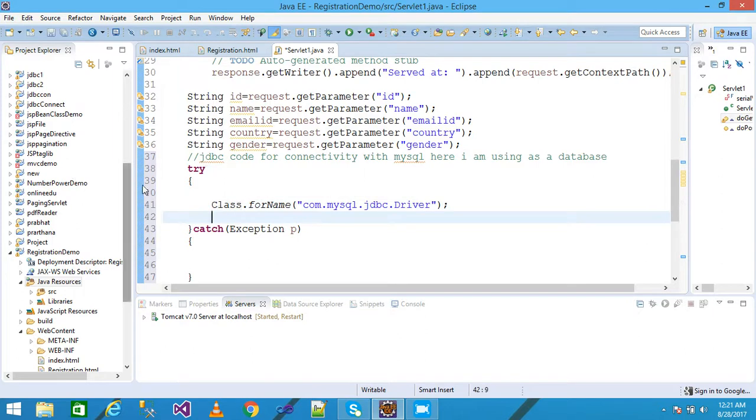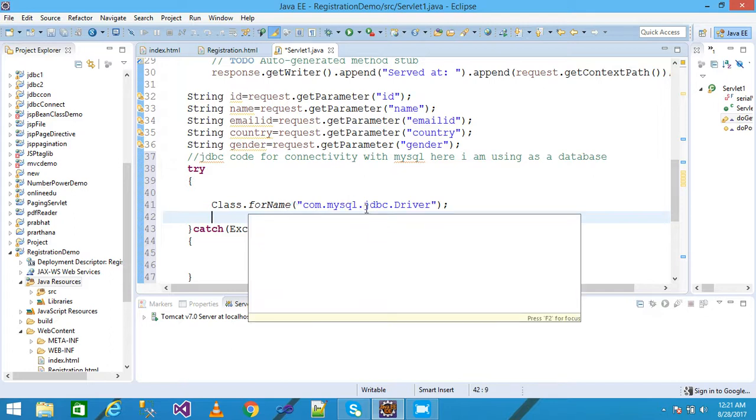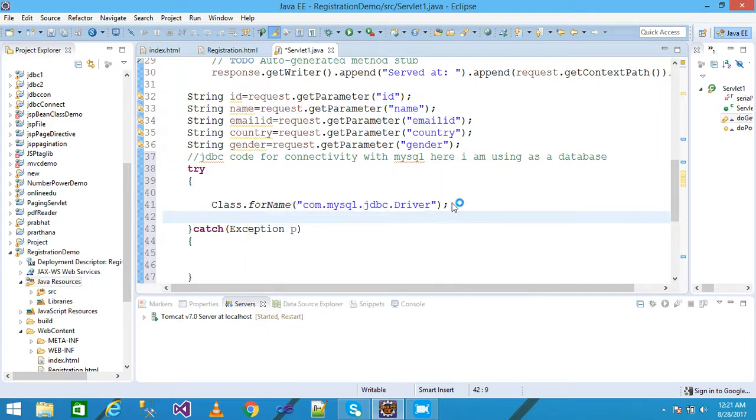Okay, this is the class, and this is the method of the class, forName. The forName method just registers the driver class, and in the next line I write here the connection